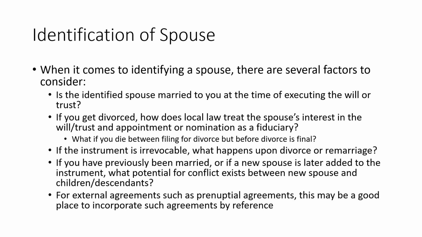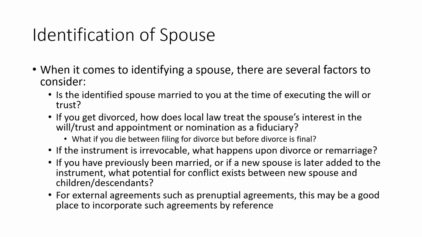Another issue is what happens if you get divorced. Typically, a lot of states' laws will say when a divorce is finalized, the spouse or partner or whoever will cease to be an interested party under that instrument at the time that the divorce is finalized or at the time that the relationship terminates. But that's not always the case. Sometimes if you change the will after a divorce is in process, the spouse will still inherit under it, or even if you never get around to changing it, some states don't terminate a spouse's interest in a will or trust by virtue of divorce.